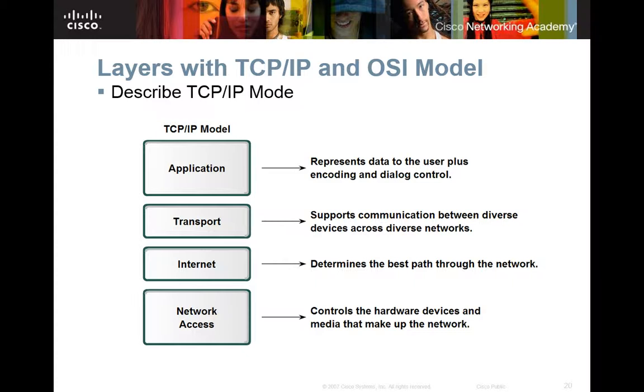Okay, your application represents data prior to being encoded and encapsulated to send down the protocol stack. The transport layer then takes that data, encapsulates it, and supports the communication between the devices by saying, okay, here's how we're going to talk. Internet then determines and gives the IP address from your local machine and where the IP address is on your destination, and encapsulates all the transport layer data. Then the network access encapsulates all that, breaks it into segments, and sends it out the media that it needs to go. Pretty easy.